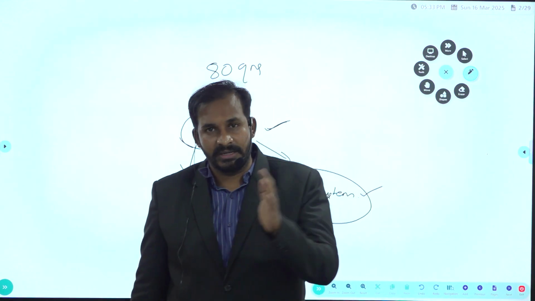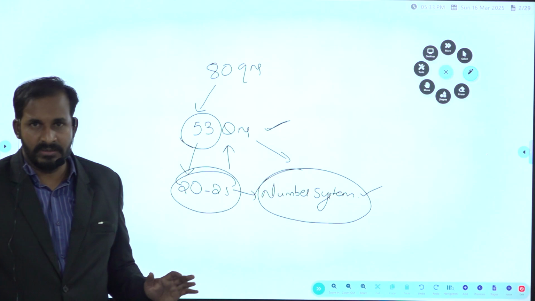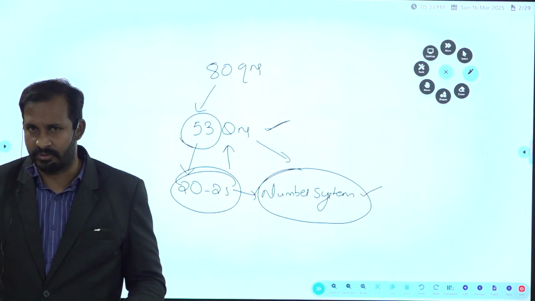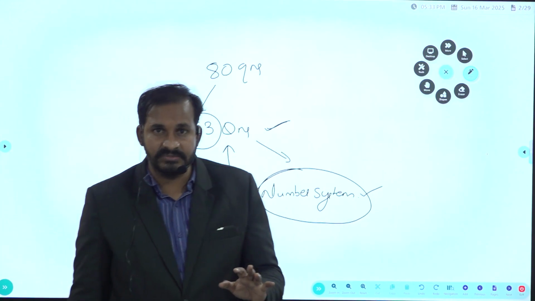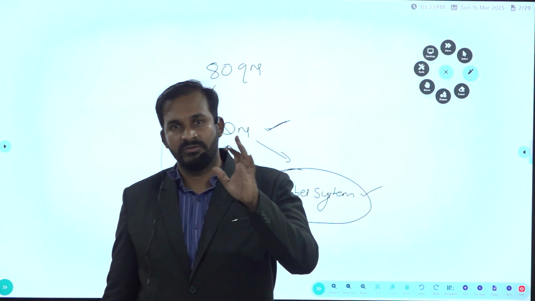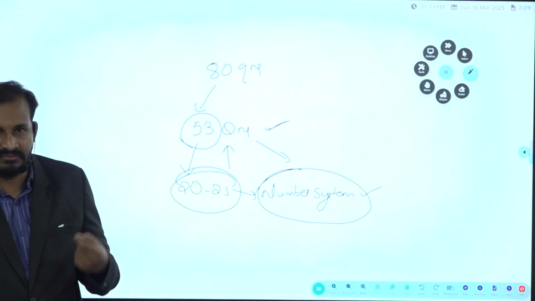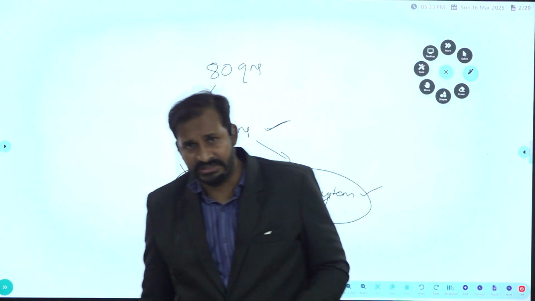When it comes to the remaining concepts, we will just see them and go in a normal manner, like a revision process. We are not going to learn them completely. But this number system, we will learn from the basic to the top. The only reason is the number of questions from this number system is very, very high. Now, next, what is the reference for these questions?